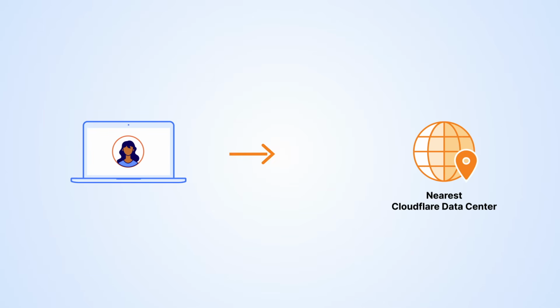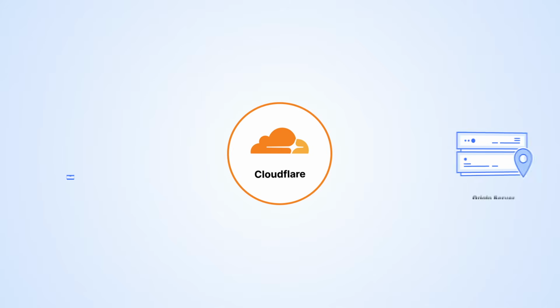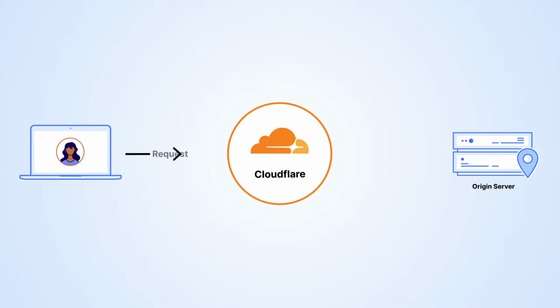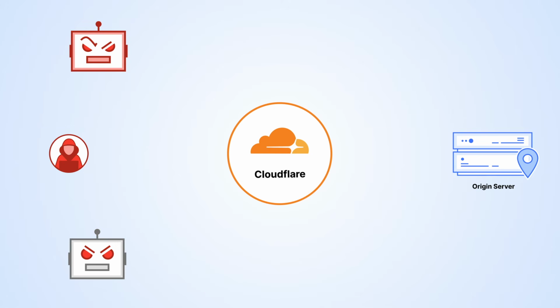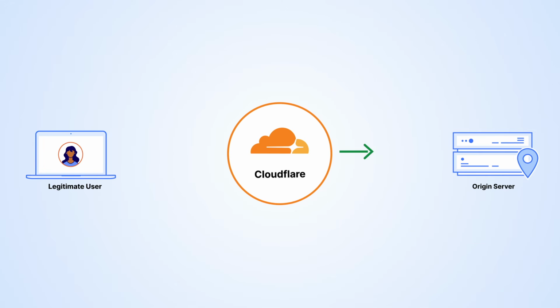Let's follow an HTTP request as it gets processed by Cloudflare. When someone visits or tries to attack your website or app, that request will be routed to the Cloudflare data center that's closest to that visitor. If a request is from a legitimate user, we check if it's for a resource that's in the Cloudflare cache. If we don't have it cached, we proxy the request to your origin server. We then cache the origin's response, so the next time Cloudflare sees a request for the same resource, we can deliver it straight away. We block suspicious requests from reaching your origin, only allowing legitimate users and speeding up their